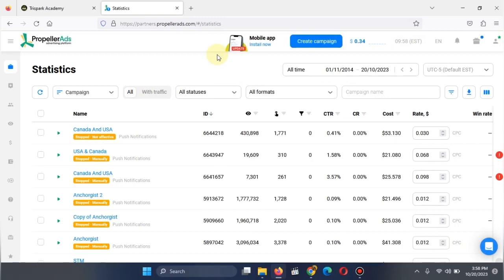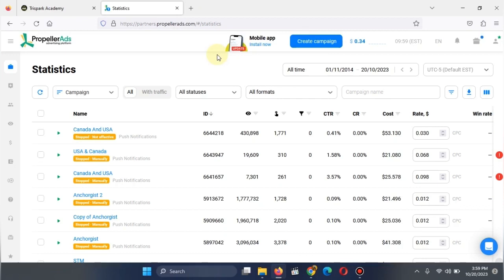Let's begin. Okay, guys, so you can see from my screen, I've been using Propeller ads for quite a lot of time. I've been using Propeller ads as far back as 2 years now, but I stopped earlier this year, and I will explain why I stopped and also tell you what you should do when it comes to this ad network. Now, at the beginning, when I started using Propeller ads, I was really earning huge money with them, because the ad network on its own was not really the only thing giving me the money. But as of that time, I was combining them and Propeller was delivering on quality traffic.